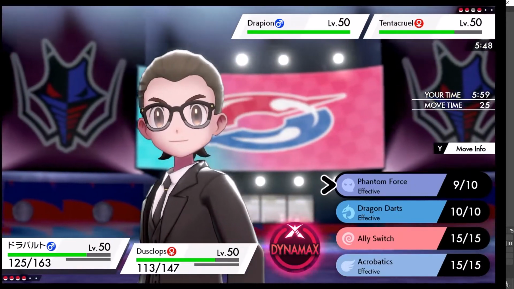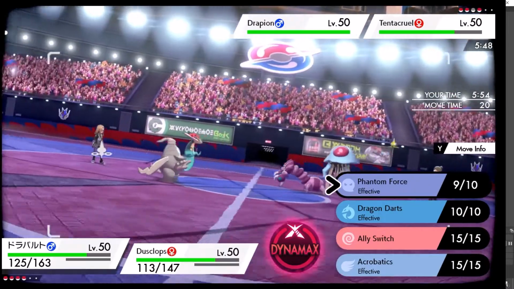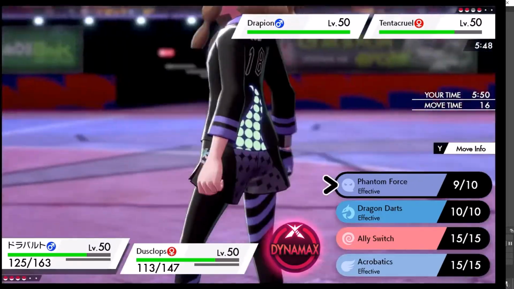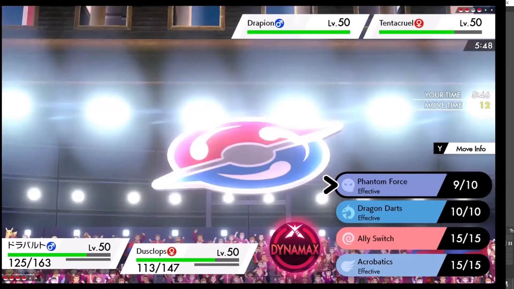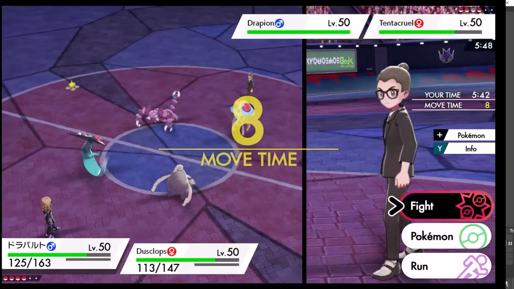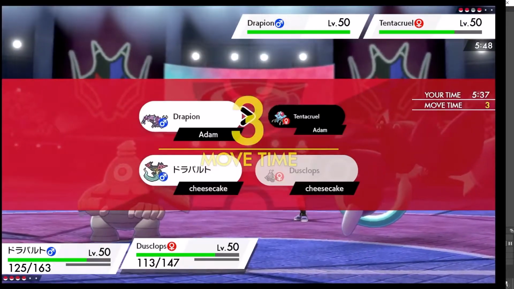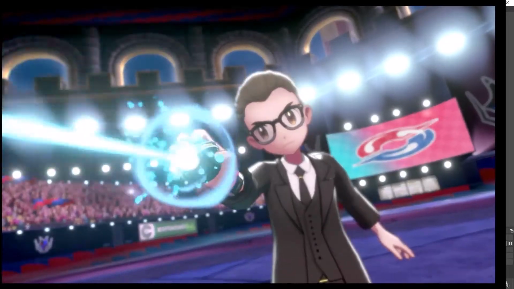Yeah, I'm a little surprised he just let his Slowbro get eaten by the Phantom Force, but it was kind of a tough situation. I did put a lot of pressure on my opponent with that play. So, now here, I could Dynamax my Dragapult here, but I'm not sure what my opponent's going to be up to. I'm not sure if they're going to want to hit my Dragapult, or if they're going to want to go for my Dusclops. I want to see which one they decide to hit, and that'll kind of determine how I play the rest of the game,